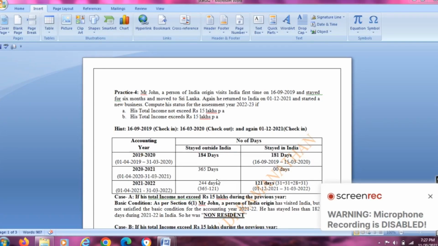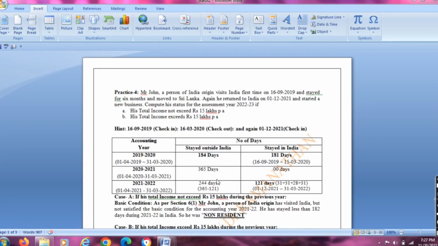Practice 4. Mr. John, a person of Indian origin, visits India for the first time on 16th September 2019 and stayed for 6 months in India and moved to Sri Lanka. Again, he returned to India on 1st December 2021 and started a new business. Compute his status for the assessment year